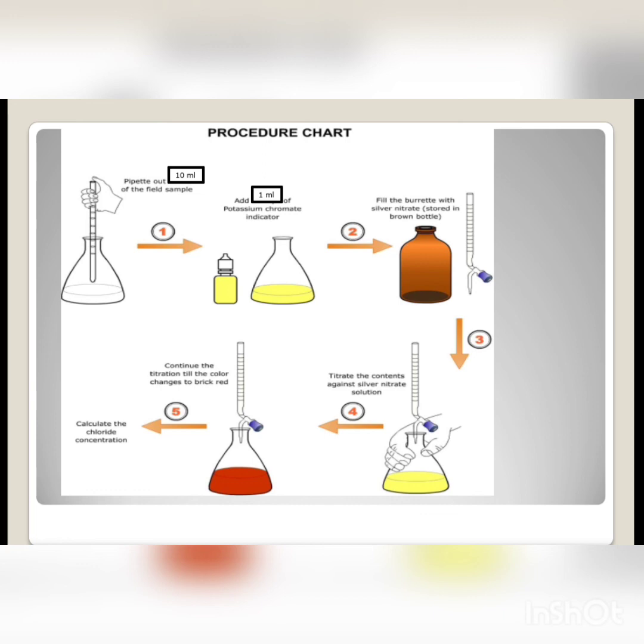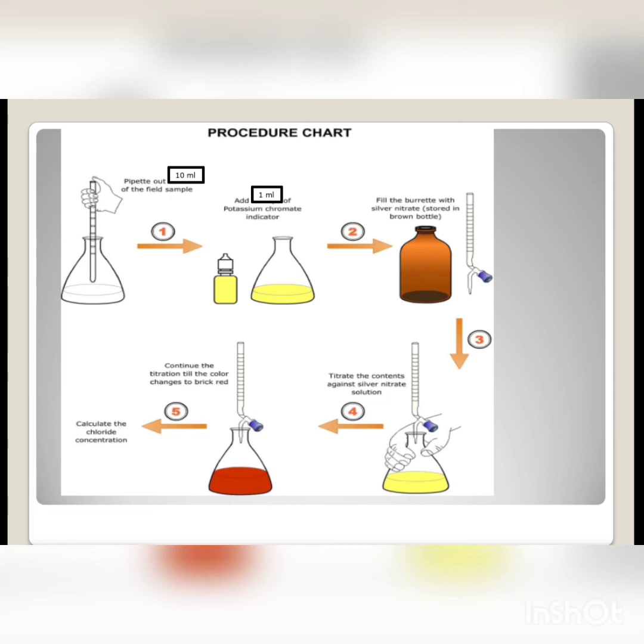Finally we can write the result table. The first point in the result table is the exact normality of our silver nitrate solution. As it is a secondary standard solution, we have to do the standardization of silver nitrate and calculate its normality in every experiment, so that also we have to write. The second point is the amount of chloride present in the sample solution, that is B gram, which we have calculated finally. And this is the small procedure chart